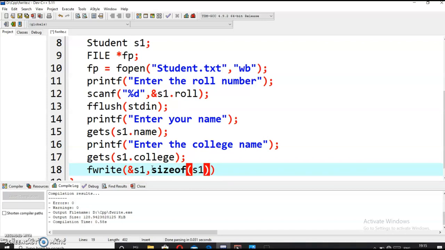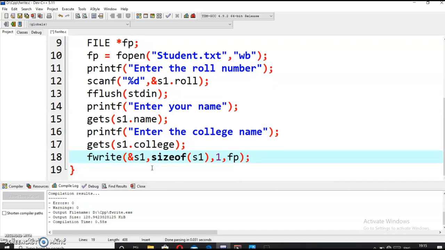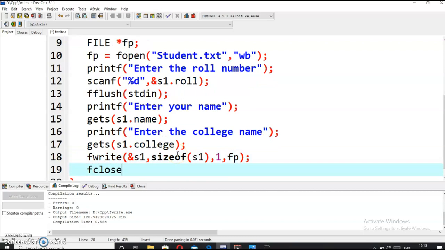And how many items do I want to write? I want to write 1 at a time. That's why I am writing 1. And where do I have to write? I have to write in the file. So I am providing the file type pointer fp. So now that's all. I will close the file using the fclose function once I have written all the content.